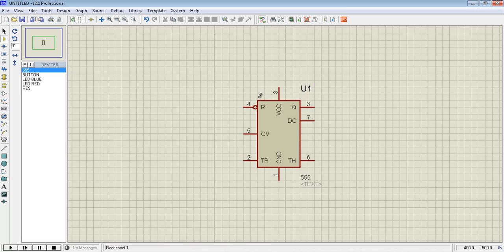So first of all, let me connect pin number 8, VCC, to the DC supply. I am using 5 volt now.